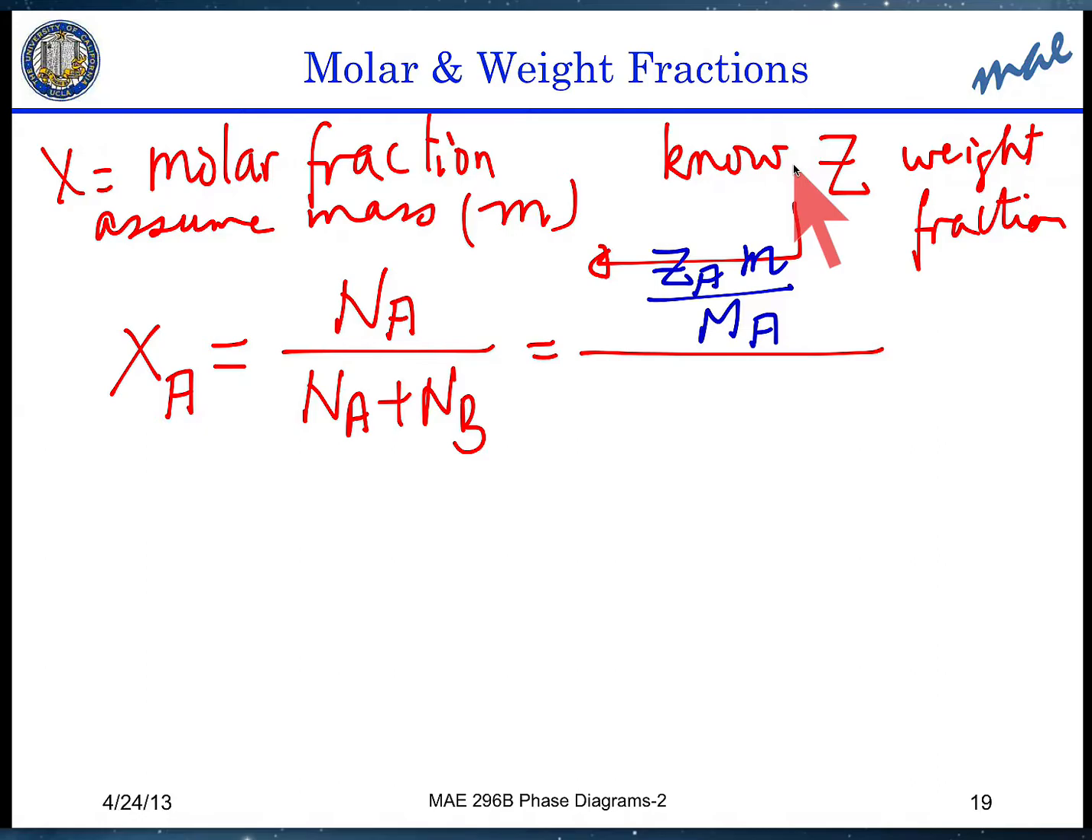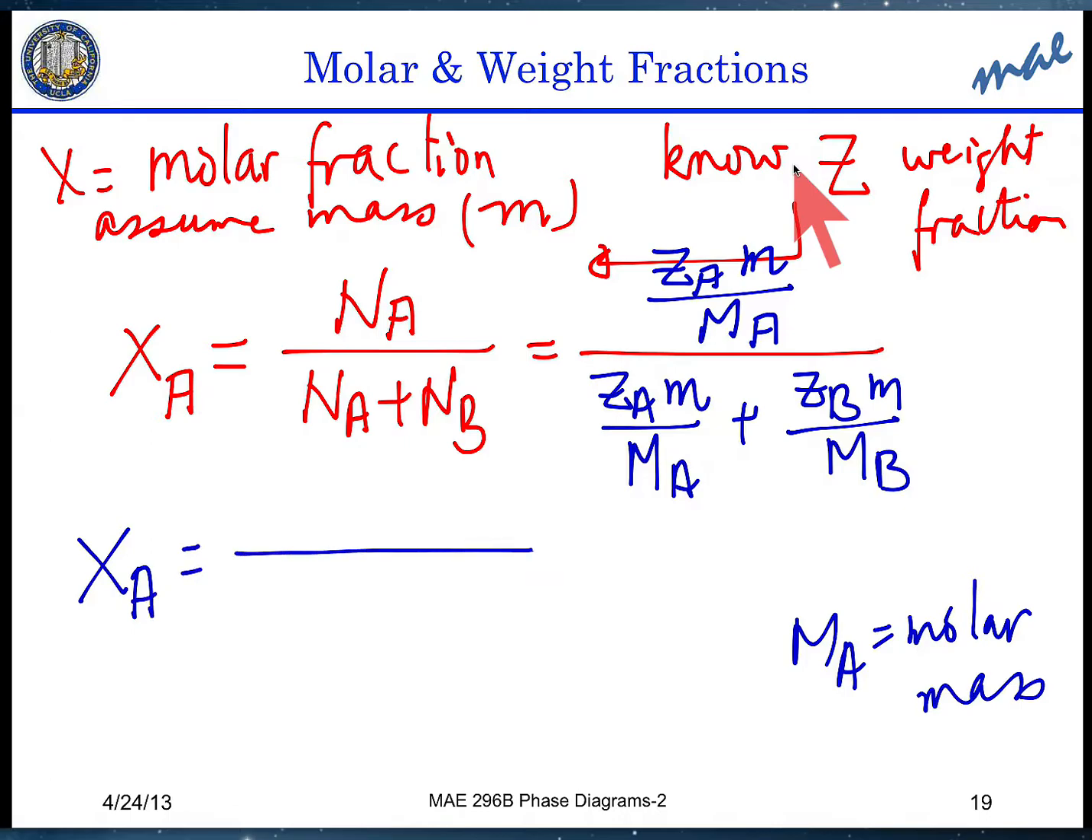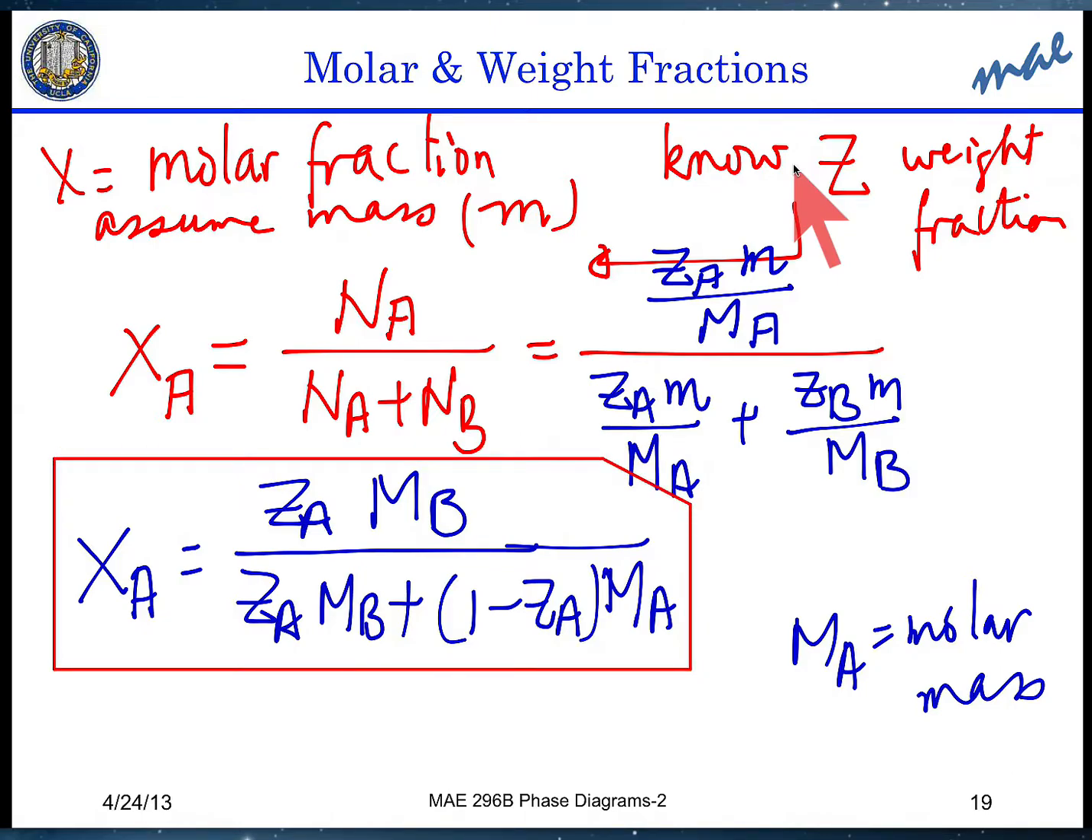And this M sub A is the molar mass. And then the same thing here would be Z sub A times M over the molar mass plus Z sub B times M over the molar mass of element B. If I multiply up and down, then I find that X sub A is equal to Z sub A times the molar mass of B divided by Z sub A times the molar mass of B plus 1 minus Z sub A times the molar mass of A. And therefore now I have a way to convert the